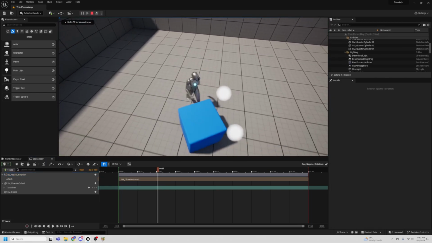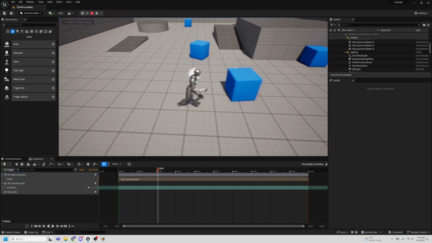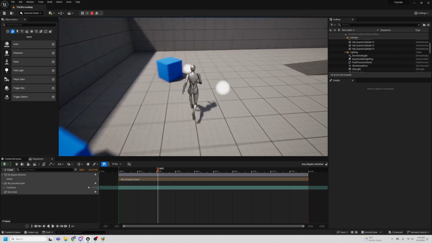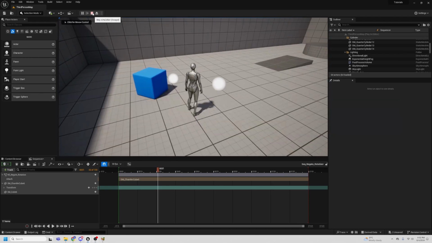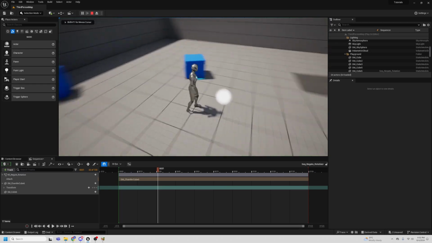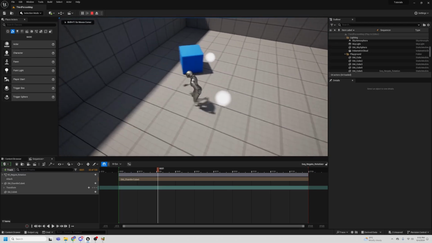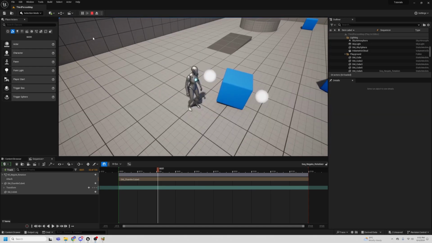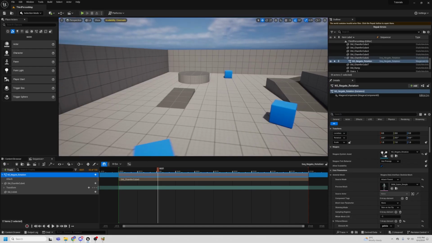So you can see now it is not inheriting the rotation of the box, which is good. And again, if we did want to inherit the rotation of the box, we can just change it back to relative. So we go play and it should, and you see, inherit the rotation of the box and rotate with the box. So one last thing,